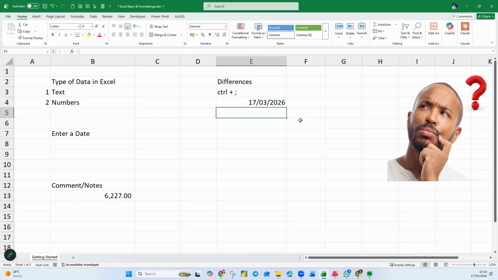And please do not stereotype because we study in Malaysia, it has to be day, month, year. The person who set up the computer for you might not change it to English UK or English Malaysia, but they choose US. So if it's a US date, then it will be 3/17. So don't stereotype it. Use this Control semicolon, the keyboard shortcut to check your computer. So is it day, month, year, or month, day, year kind of thing? All right. Now, you guys are correct.